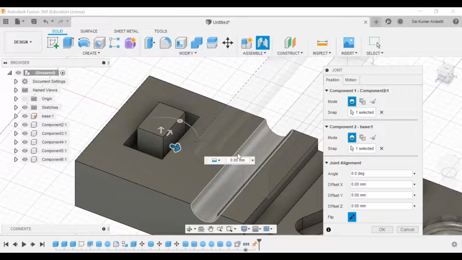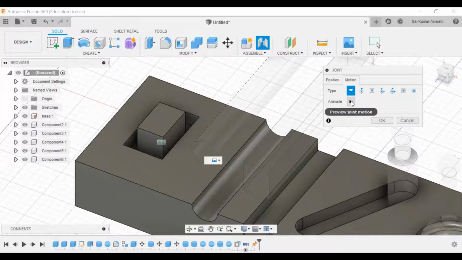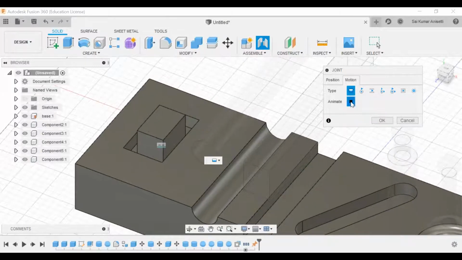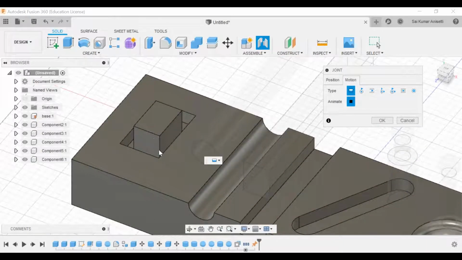That face and this face should not have any gap. That is my primary intention. Click OK for that, and see, if you want to have animation, go to Motion and click Animate. See, rigid body animation is this.